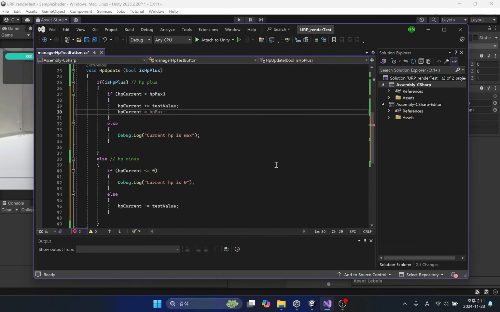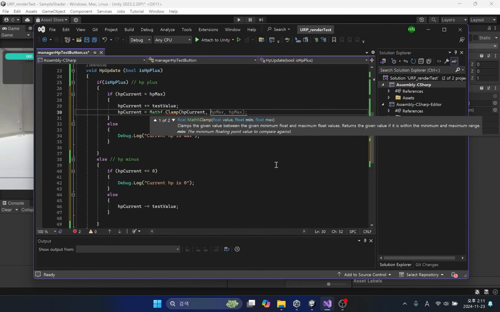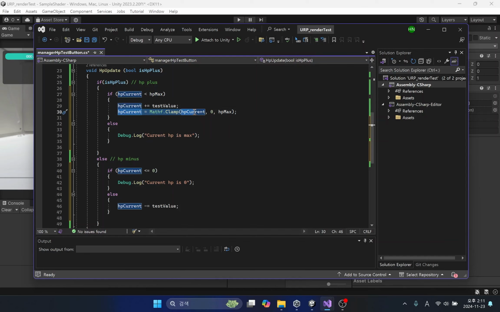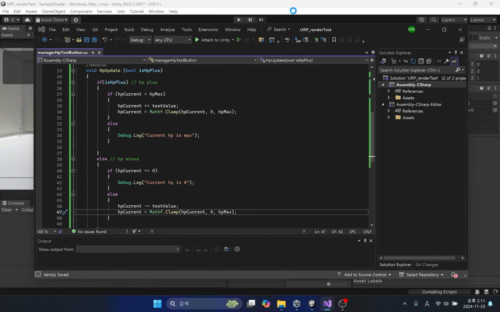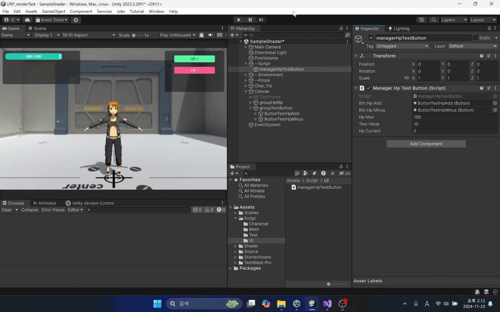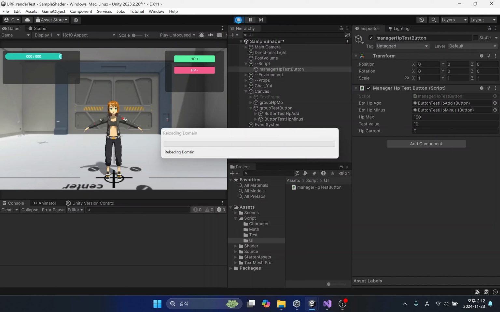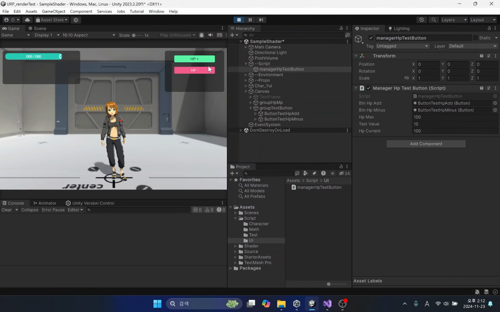Finally, we will apply the clamp function to ensure that when increasing or decreasing HP, it does not go beyond the maximum and minimum ranges. Great, I think the basic setup is done.